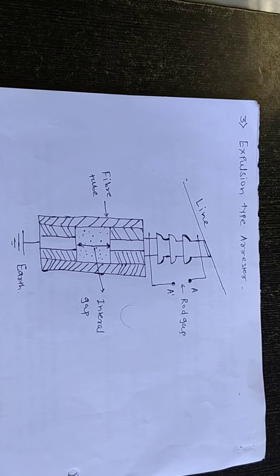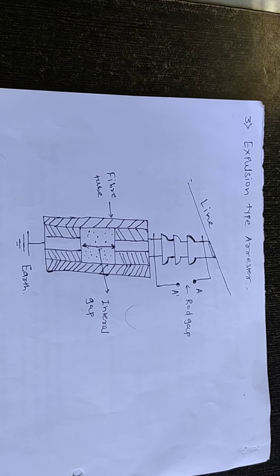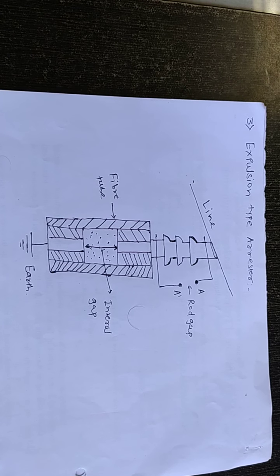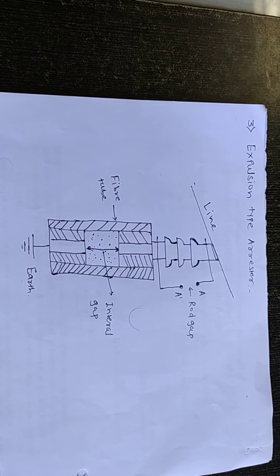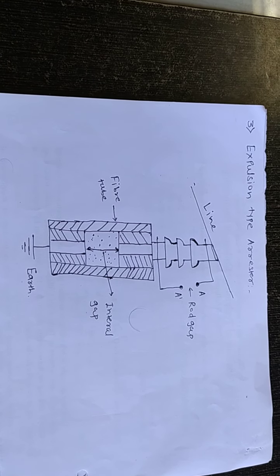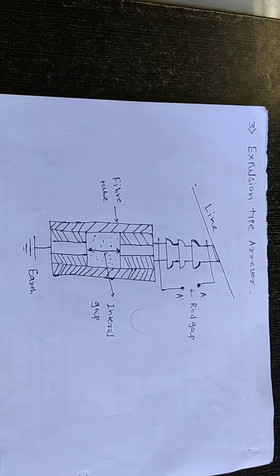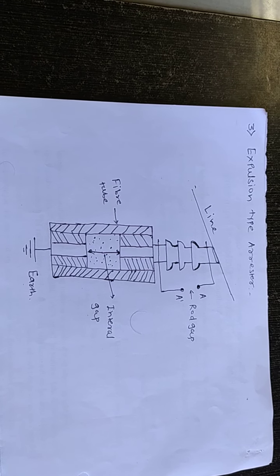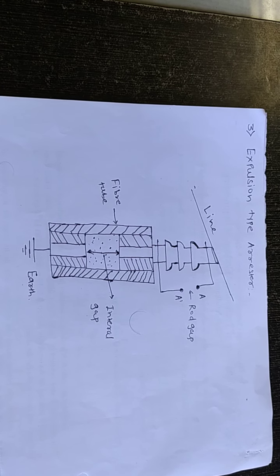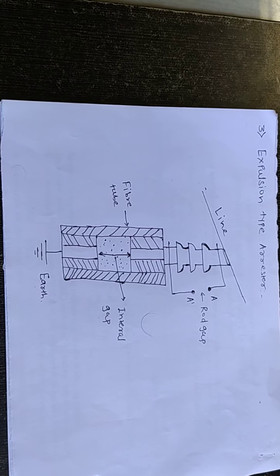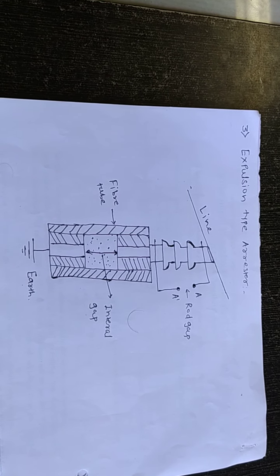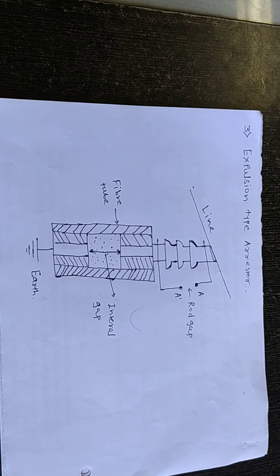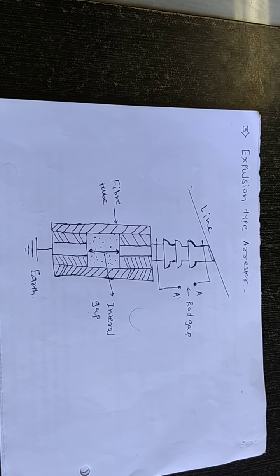The third one is the explosion type arrestor. It consists of a rod gap AA' in series with a second gap enclosed within a fiber tube. The gap in the fiber tube is formed by two electrodes. The upper electrode is connected to the rod gap and the lower electrode to the earth. One explosion arrestor is placed under each line conductor as shown in the figure. On the occurrence of overvoltage on the transmission line, the series gap AA' is spanned and an arc is struck between the electrodes in the tube.